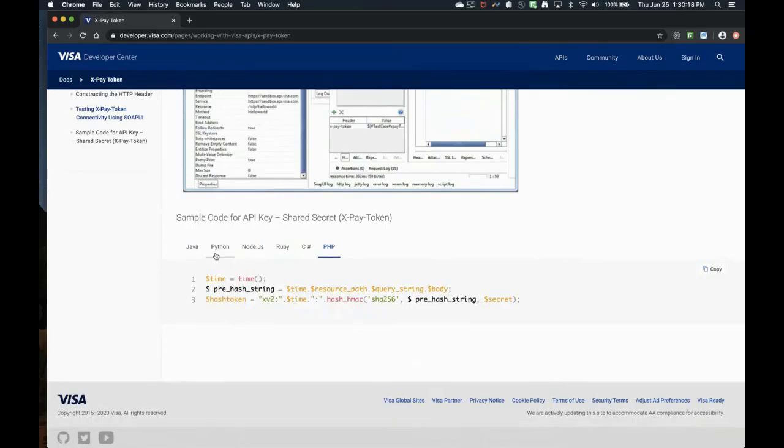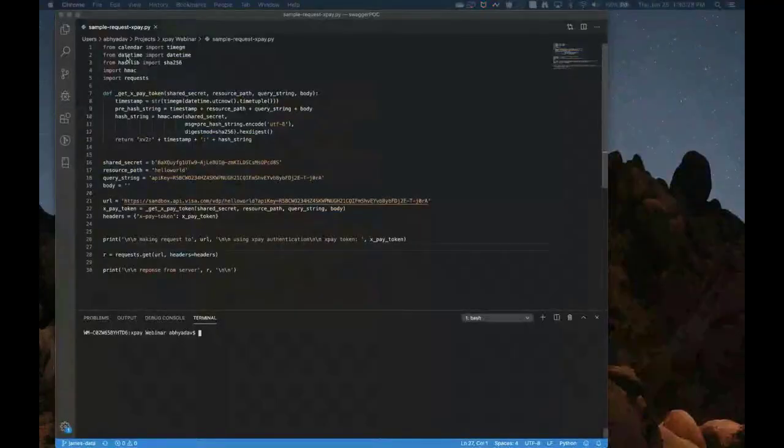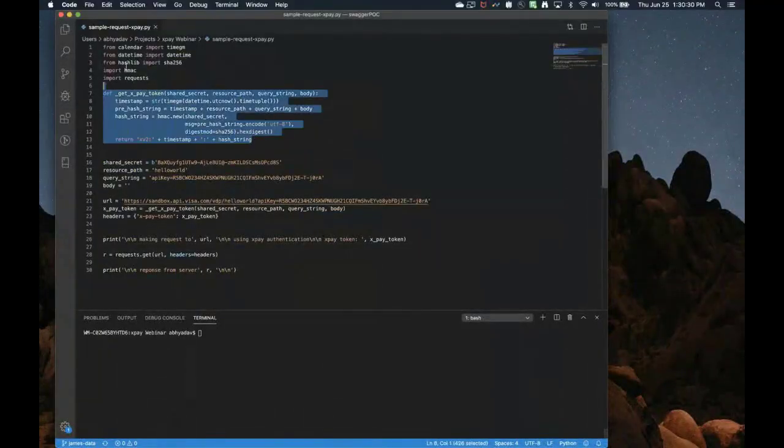So what I've tried to do here, so that it's as simple as it can be for you to replicate, I've copy pasted the exact same code here into my Python script. This section right here is the exact same as that you find on the VDP portal. Now I'm going to invoke this method to generate my XPay token.